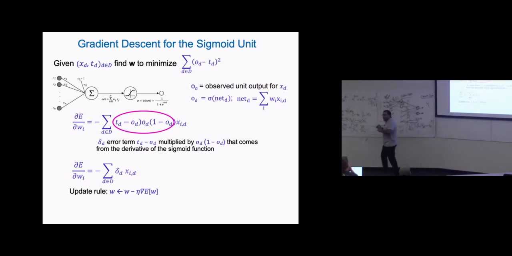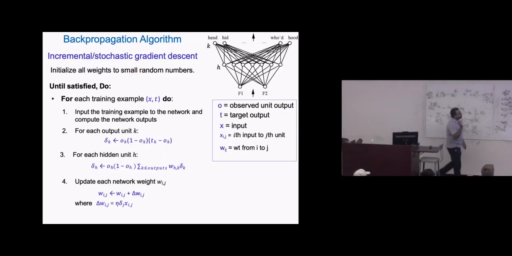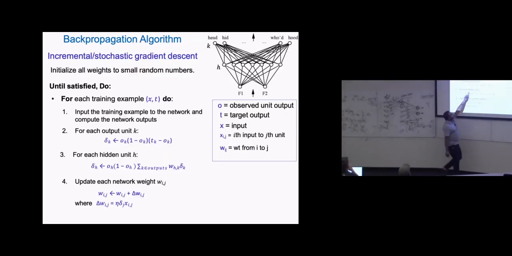And now we are trying to approximate that error for other layers. So in the output layer, the error is again the same: ok times (1 minus ok) times (tk minus ok). But when it comes to the hidden layer, the first part will still remain the same, because this comes from the sigmoid function derivative. Remember? Sigmoid of this, times (1 minus sigmoid of this). That part will remain the same.